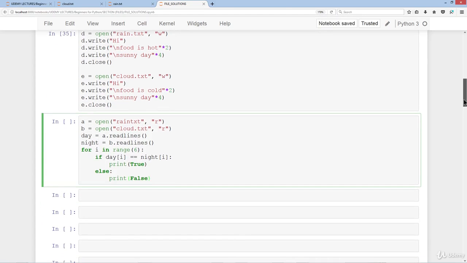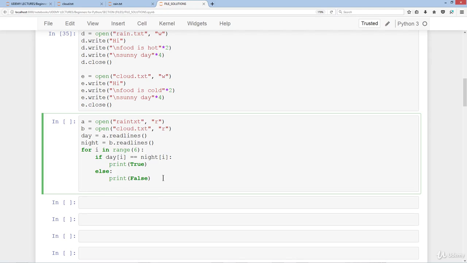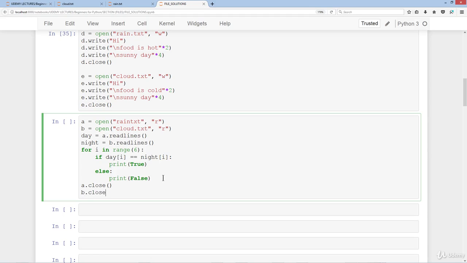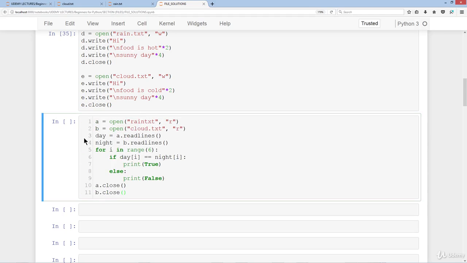I'll just scroll down here, and we'll do, of course, the closing: a.close, and b.close. And if I just hit the L key, you can see we've got 11 lines